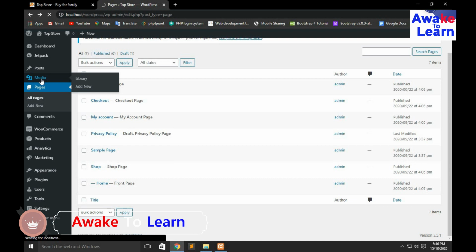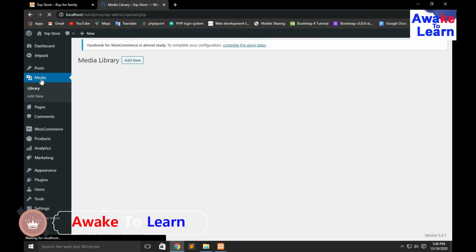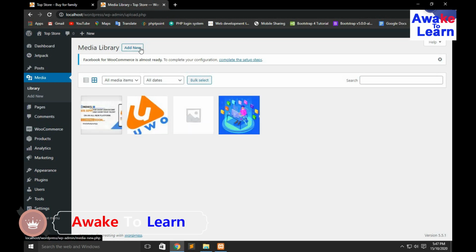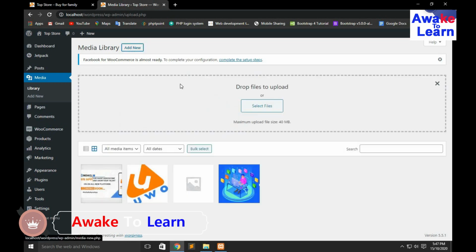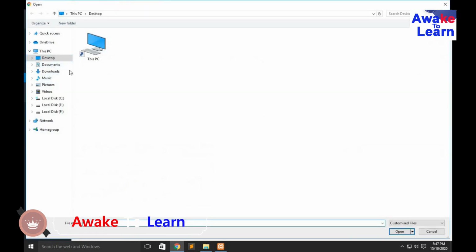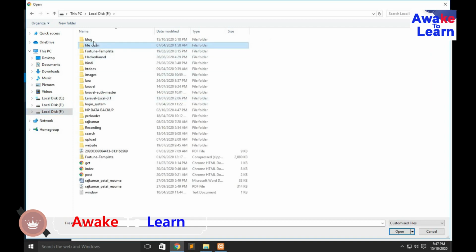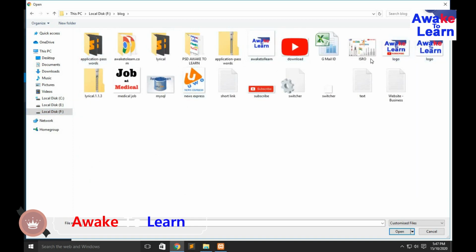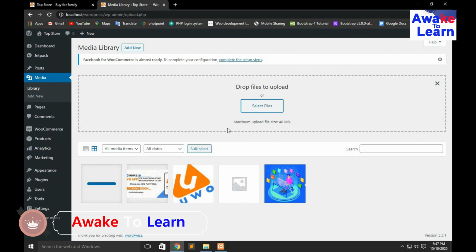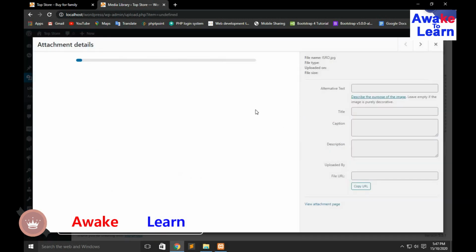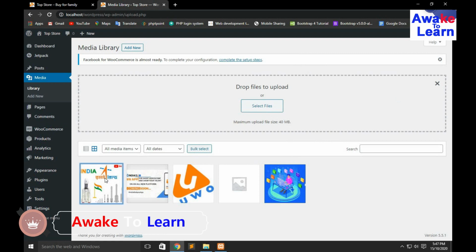This is the media. In this section, I can include any file from my computer into WordPress.